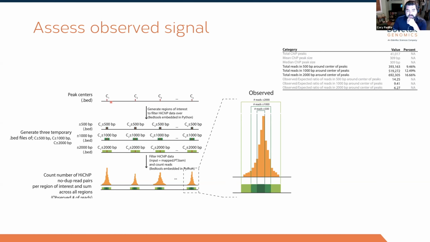So first we take those peak centers from the ChIP-seq data, and then we build 3 new bed files, region files, of plus or minus 500 bases from that center, plus or minus 1 kb, plus or minus 2 kb for each one of those centers. And so as you go along the genome, we just make these windows bigger and bigger and bigger. And then we ask